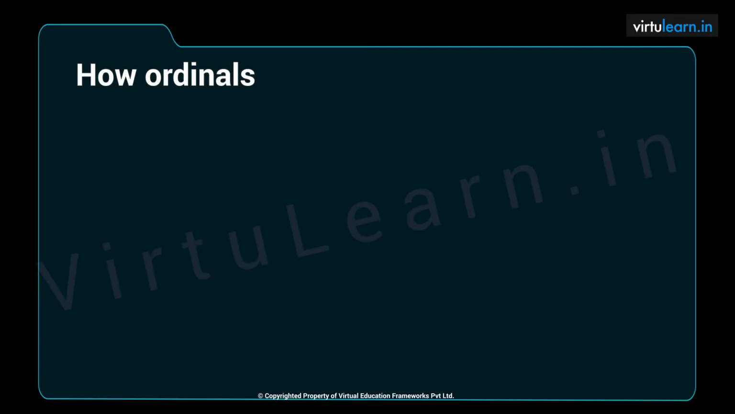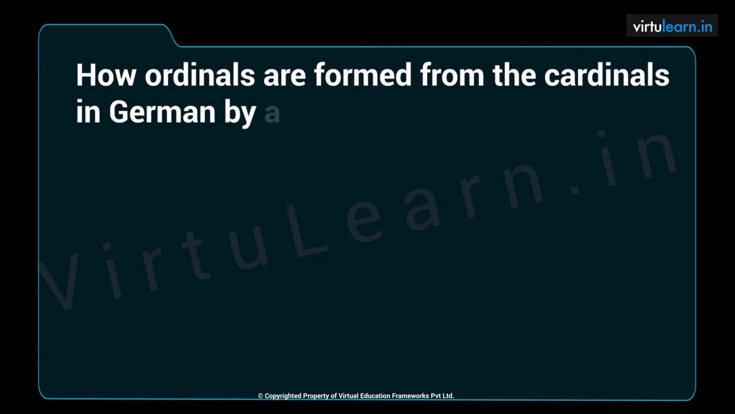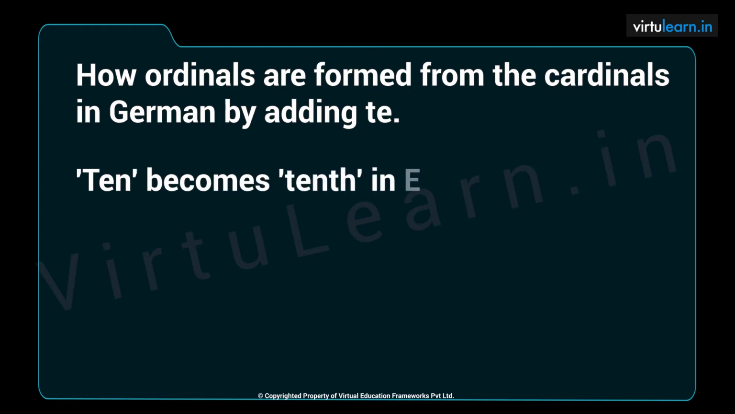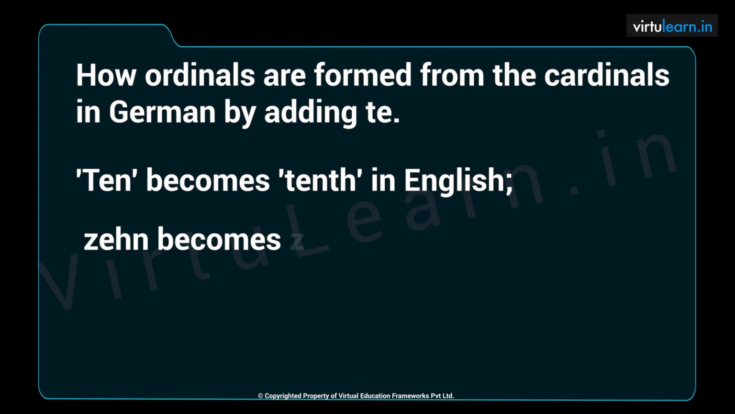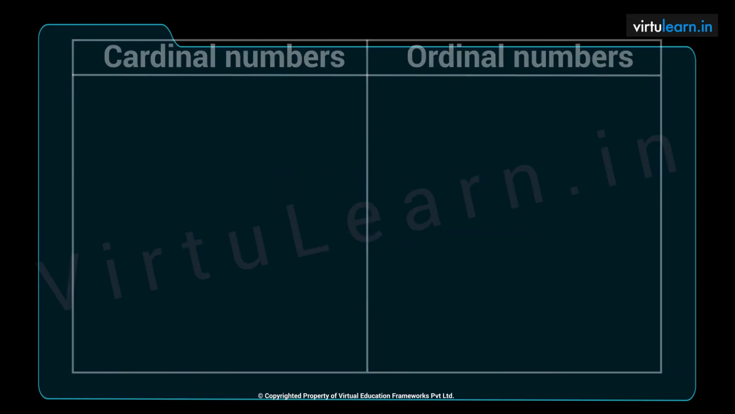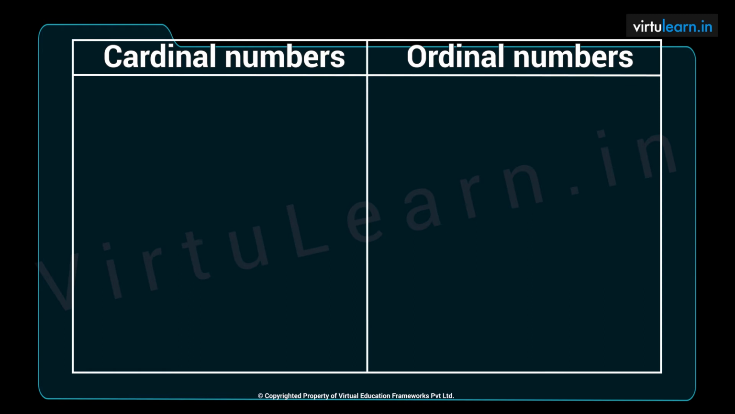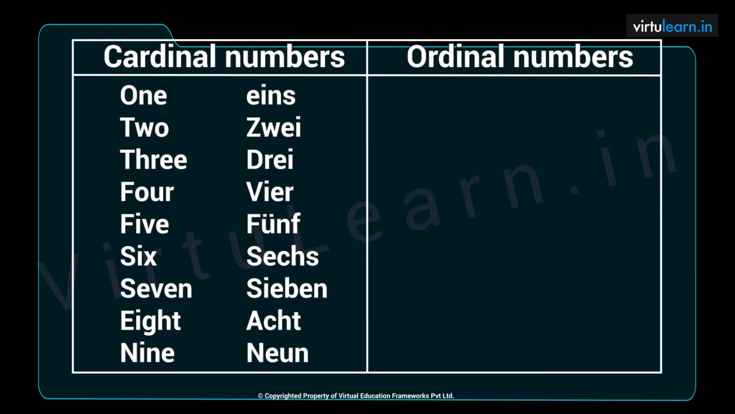Ordinals are formed from the cardinals in German by adding -te. For example, in English, 10 becomes 10th. Likewise, in German, zehn becomes zehnter. So if you observe the table, the cardinal numbers 1, 2, 3, 4 and so on are changing to erster,